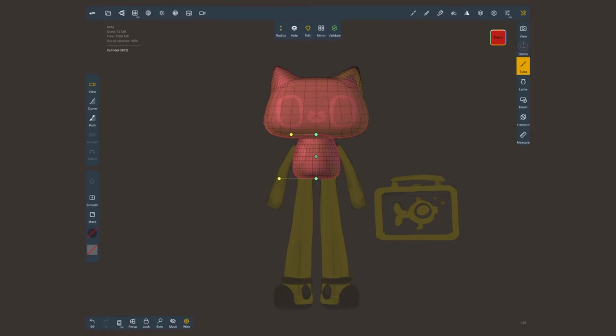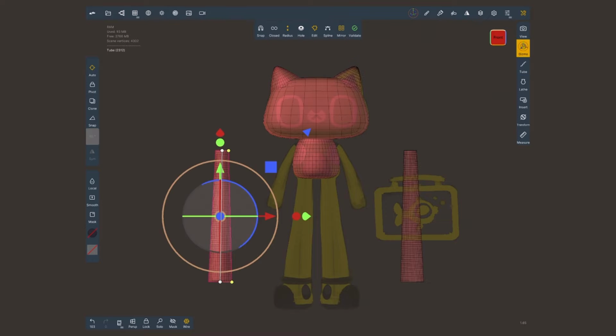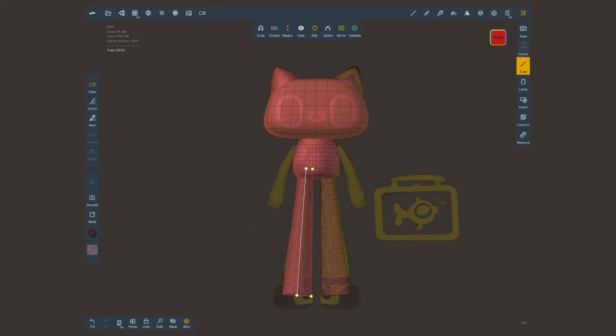Tap on your tube, select Path as a creation method, and tap twice on the background, not on your model. After that, tap on the green dot, and we'll have the base for our leg. Just like we did before, you can tap on mirror so you can see both sides of the legs. We're also going to select radius so we can have a different size for the start and end, since these legs are tapered. Now make sure that you do not validate, because if we validate, we're going to lose this point that will let me modify the shape.